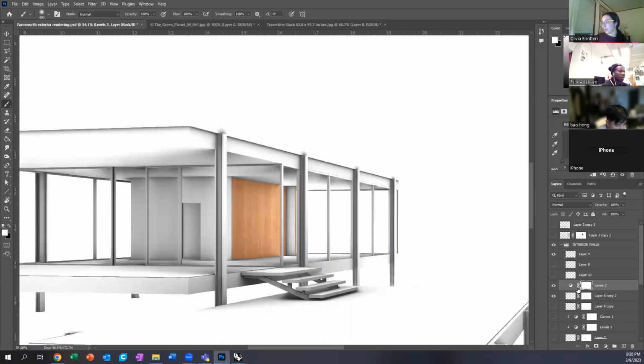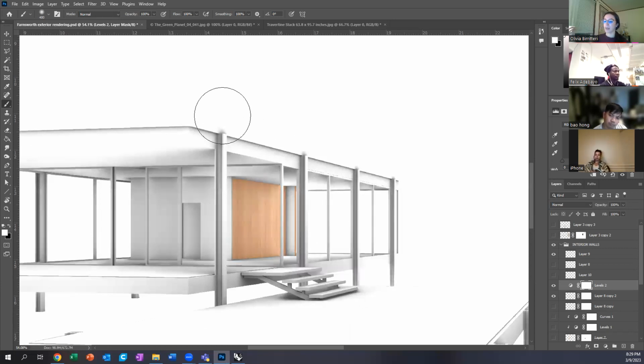You also notice that that was transforming everything within the entire Photoshop file. But how do I essentially keep that solely to that wood layer? To do that, and I'll label this layer wood,